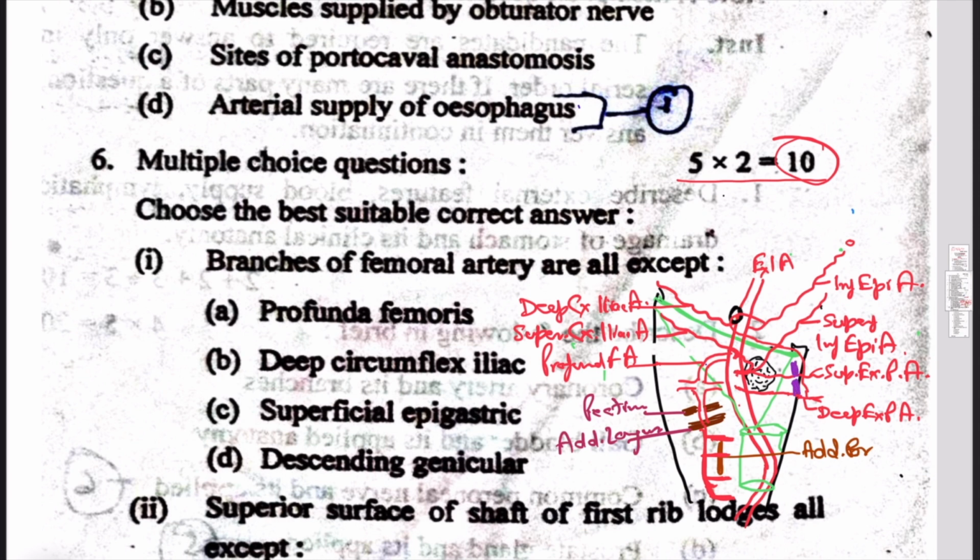This structure is clamped between superficial external pudendal and deep external pudendal. Which structure is this? It's another MCQ. So this is spermatic cord. Spermatic cord. Remember that the spermatic cord is clamped in between the superficial and deep external pudendal